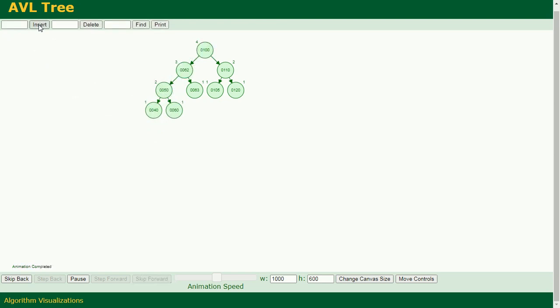How to apply the RL? Just try to insert 104. See here. Okay. And then we will insert 102.